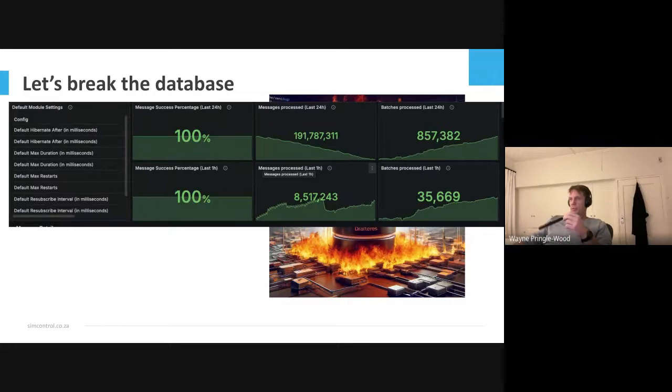And this is a screenshot from today from one of our processing queues. You can see how many messages we're doing in the last hour. We did 8.5 million messages in the last hour, 36,000 batches. We try to batch every 500 milliseconds, I think, or 400 milliseconds.